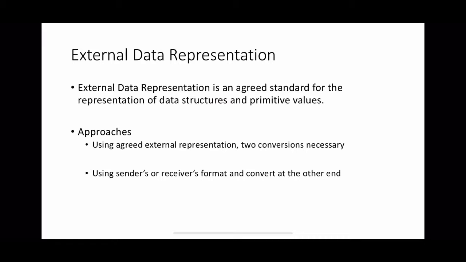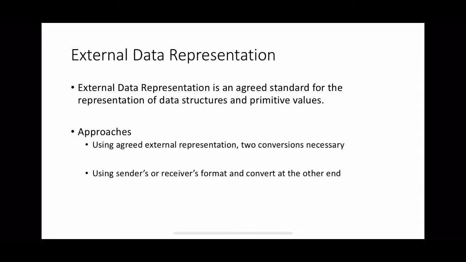Either they can use this agreed external representation, in which case two conversions are necessary: at the sender side, the sender's format data is converted into the external format and communicated over the network, and at the receiver side, the message is converted back into the receiver's format. If the two computers are known to be of the same type, the conversion to external format can be omitted.